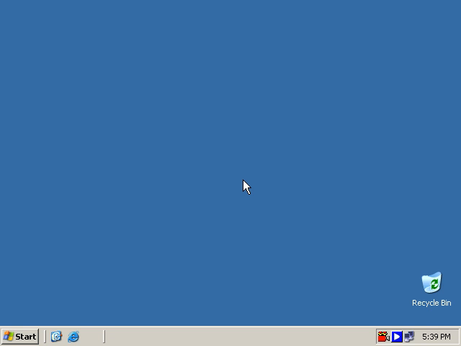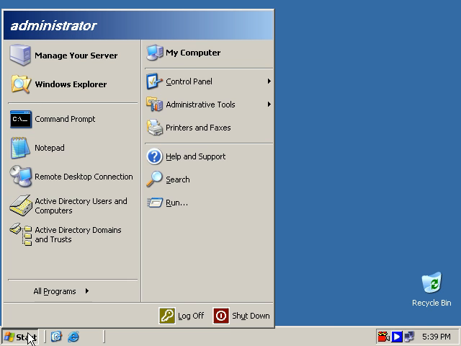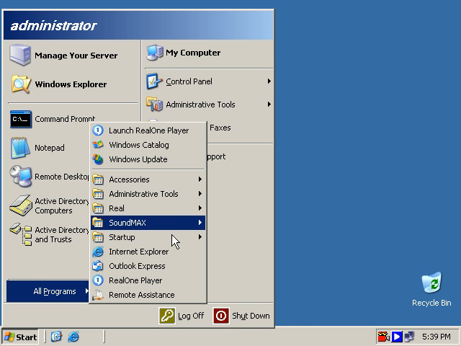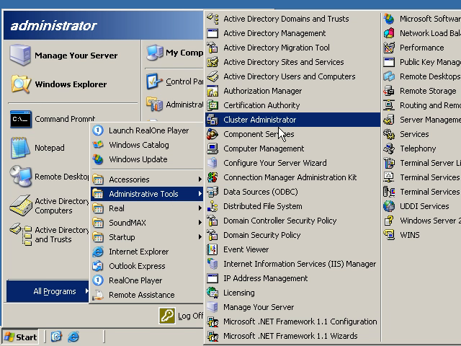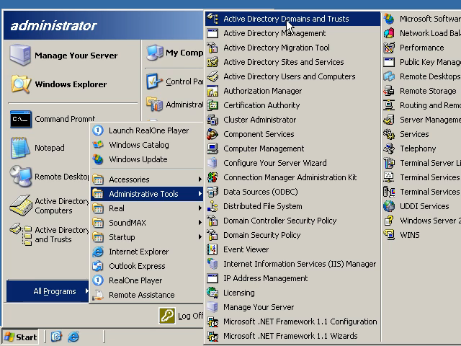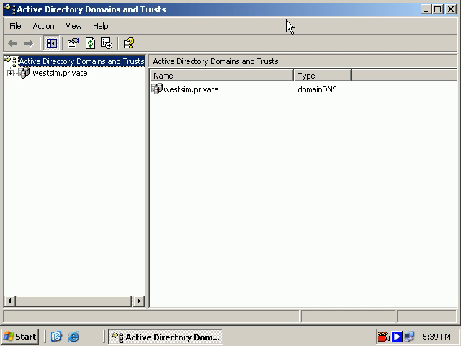Trust relationships establish the relationship between domains so that users in one domain can be authenticated and use resources in another domain. Let's learn how to create trust relationships. First, click Start, and trust relationships are created using the Active Directory Domains and Trusts snap-in. We'll open that snap-in,